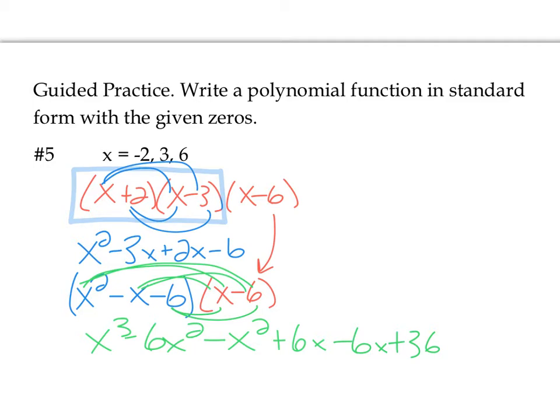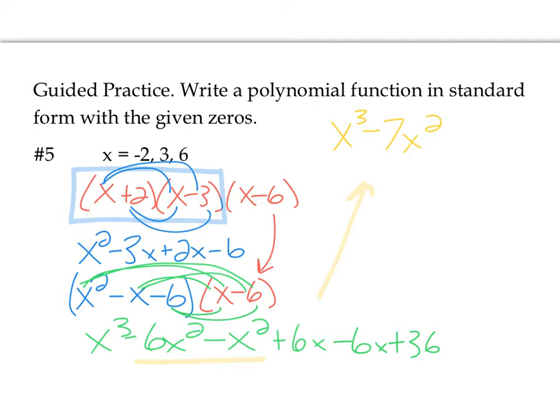I don't have anything that can go with the x to the third. So I'm going to bring my final answer up here. Okay? So I'm going to have x to the third. Then if I look at my next terms here, I'm going to have two terms with an x squared. I can combine those, -6 and -1. So that's going to be a -7x